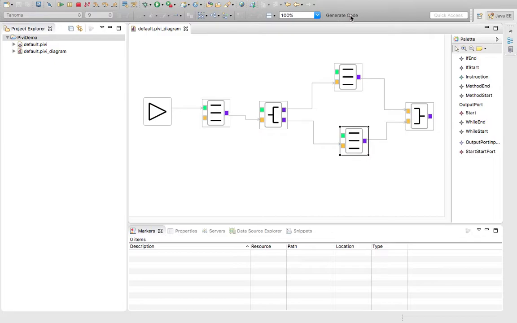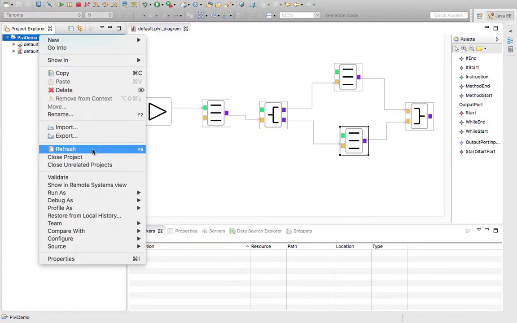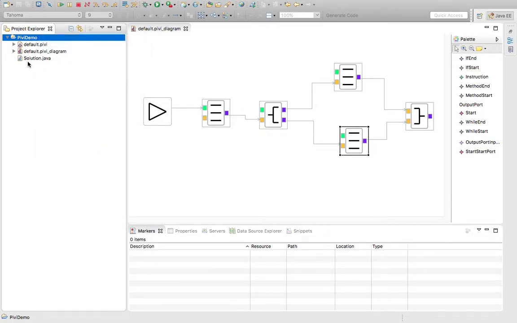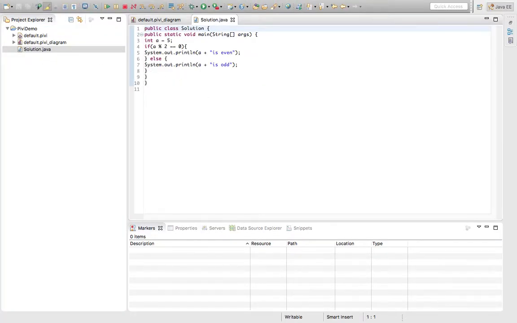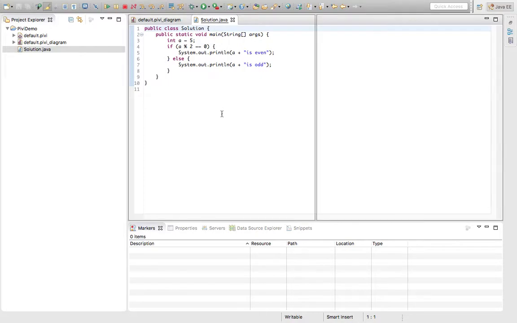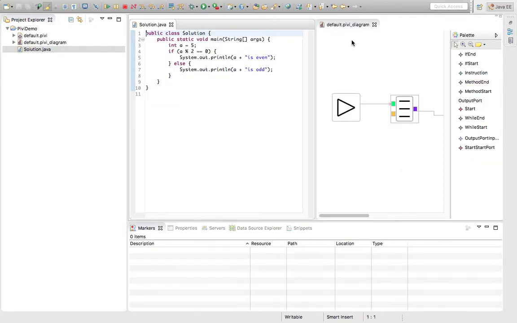Now if you can see a button on top of this, generate code, it will actually generate a Java file for us. So this is the Java file that got generated out of this diagram. If you can open and see that, we'll be able to see whatever we have written. So if we compare that, we can see